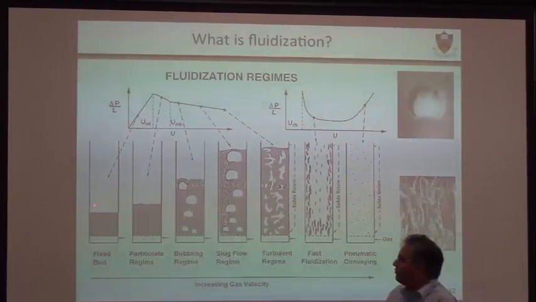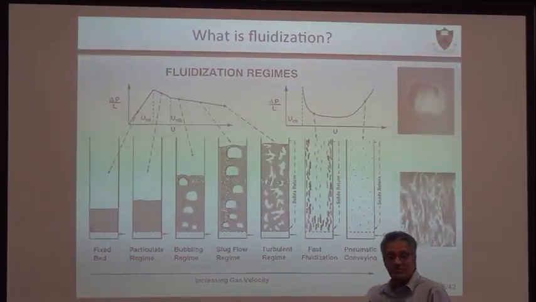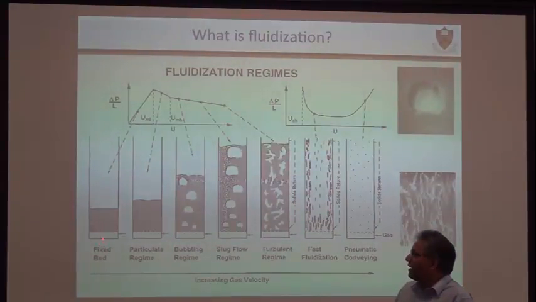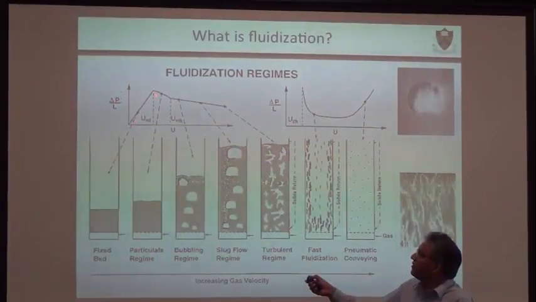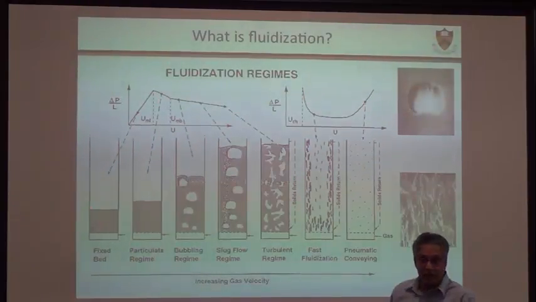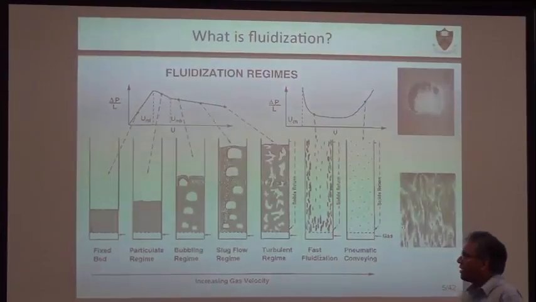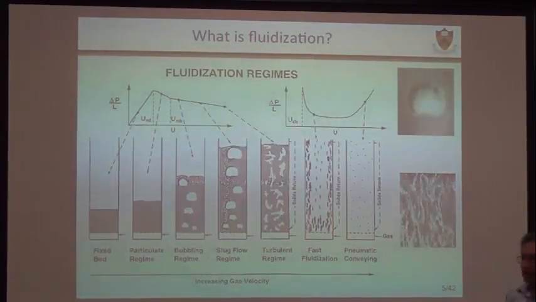If you take a collection of particles and put them on a grid, the particles will stay at a fixed bed. If you start putting gas through that, it stays a fixed bed. The pressure drop per unit length increases as you increase gas flow rate. You reach a point when the pressure drop you apply starts supporting the weight of the bed, the bed begins to fluidize, inhomogeneities form, and they get worse as you increase the flow, and then you start getting something that looks